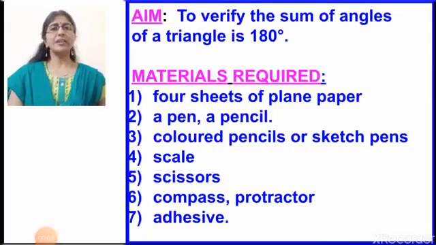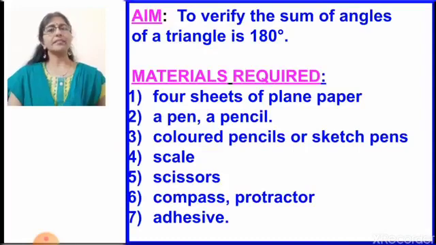Now I will tell you how to write this activity. You must have followed the activity. So you all have your maths notebook. You can take the same notebook for this year also, and you will just write standard 7, and then you will write down the topic of the activity, that is angle sum property of a triangle, and the name of the lesson. And how to write, last year how we have written, same method we will follow this year also.